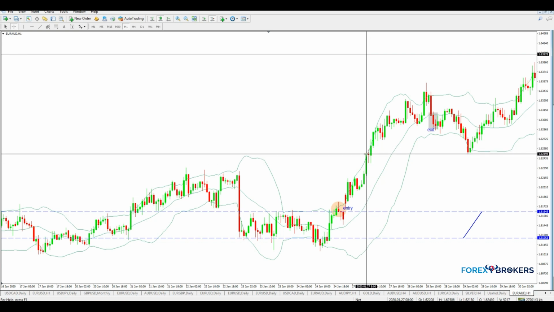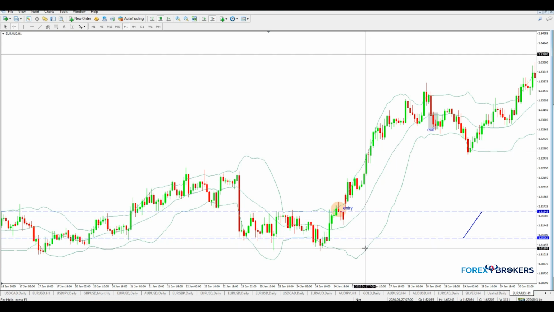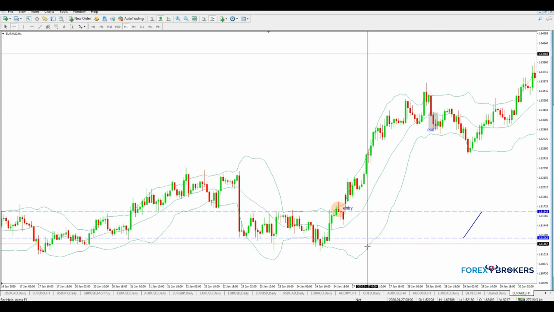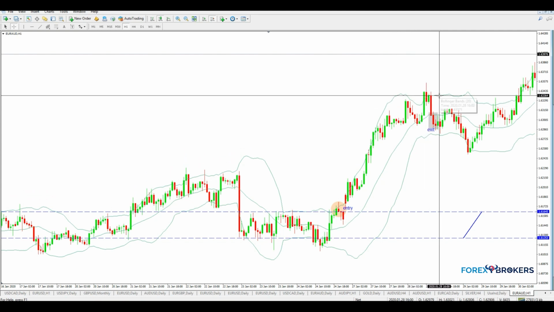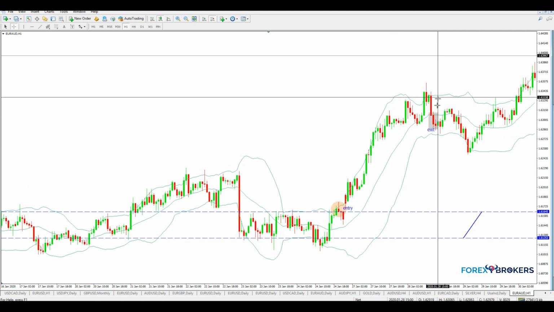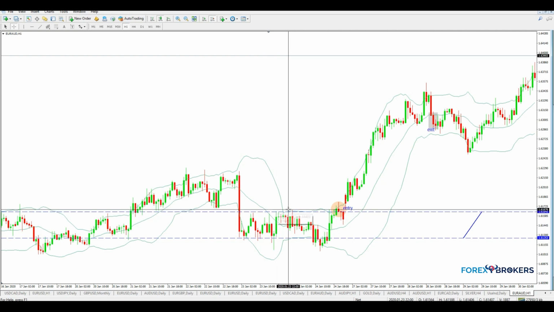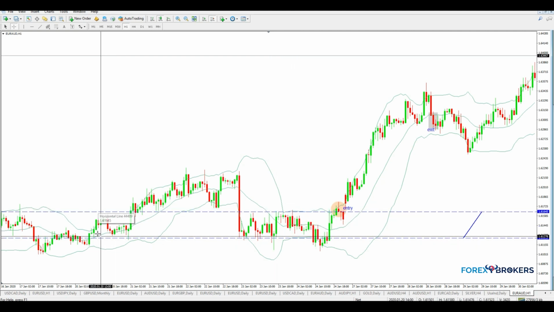This is the upper Bollinger Band, this is the lower Bollinger Band. So the distance between the two bands is quite big. But if you look here, the distance shrinks. If you look here, the distance shrinks even more. If you look here, the distance shrinks even more. Now the key to this